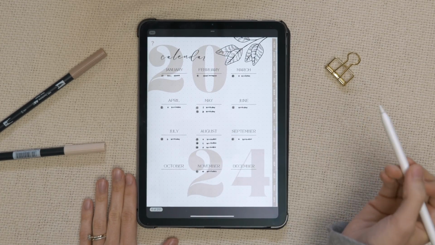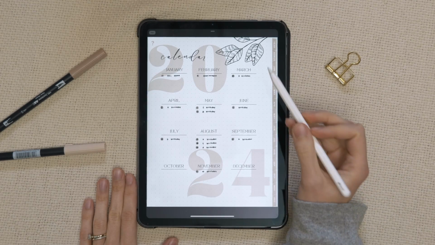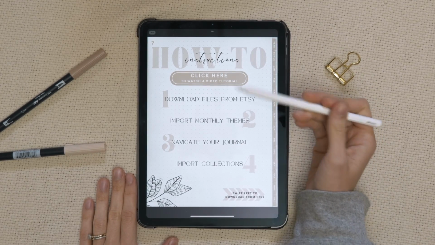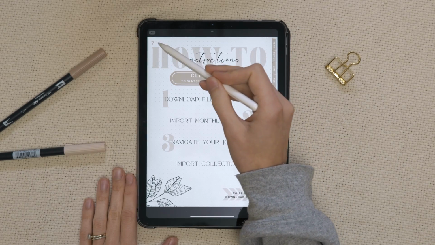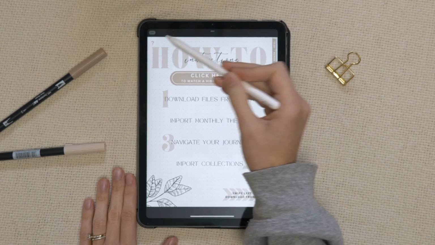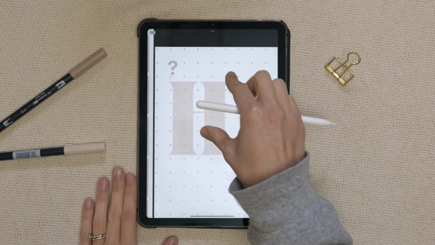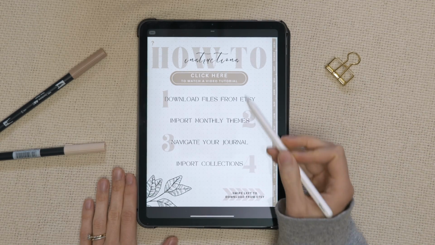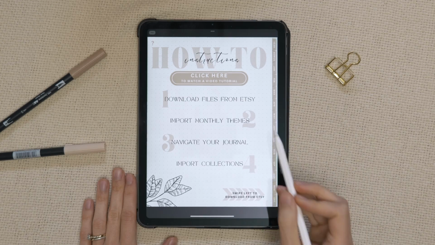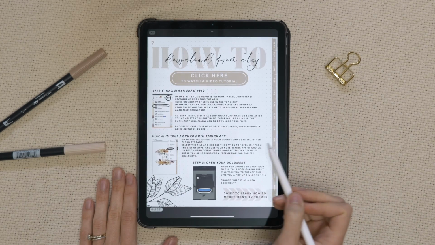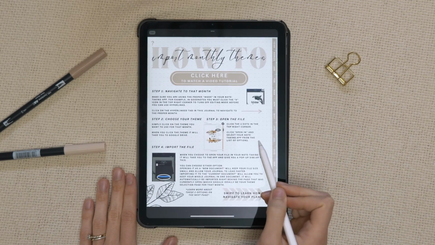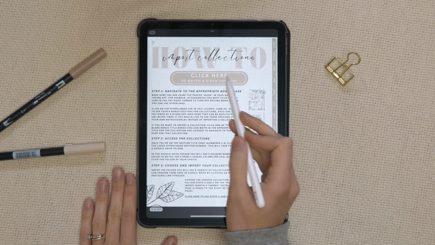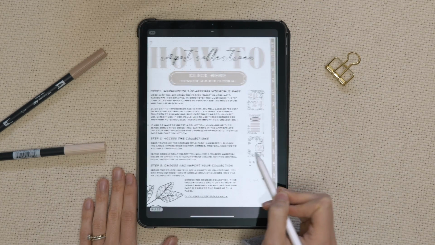So after these few yearly pages, which you can access with this top tab here, we get to the tutorial instruction pages, and you can access those at any time by tapping the question mark in the top left hand corner. It is hyperlinked to take you to the tutorial, which has written instructions for each step as well as a video tutorial over here. So I'll just quickly swipe through these so you can see what they look like, but we won't actually work through them because that's part of the video tutorial here,